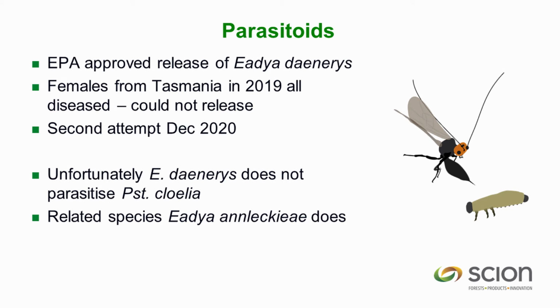So Enoggera daenerys is another parasitoid of Paropsis charybdis. So that's great news for controlling Paropsis charybdis, but it doesn't attack cloeliai. Now, as part of the research that's gone into Enoggera daenerys, what an international team that Tony's been part of has found is that actually Enoggera daenerys is part of a species complex. And there's actually 3 or 4 species in there, and one of them, Enoggera anglecii, does go after Paropsisterna cloeliai. However, to get permission to release that in New Zealand, we have to go through the whole host specificity testing. Now that's quite a large piece of work, 2 or 3 years worth of work,